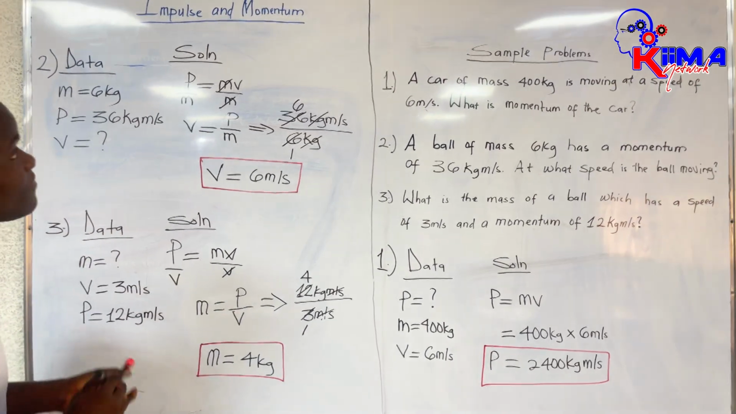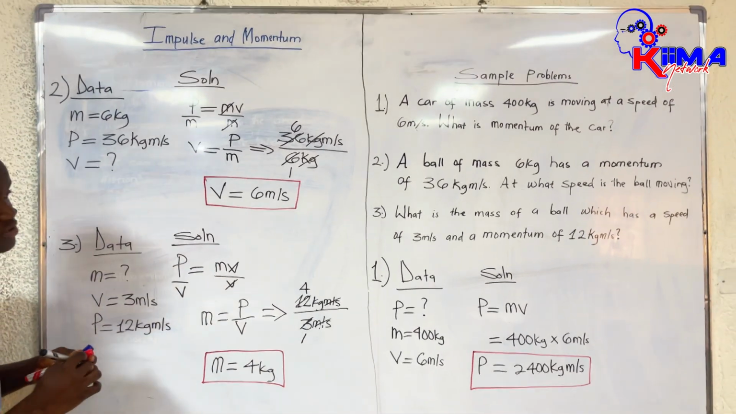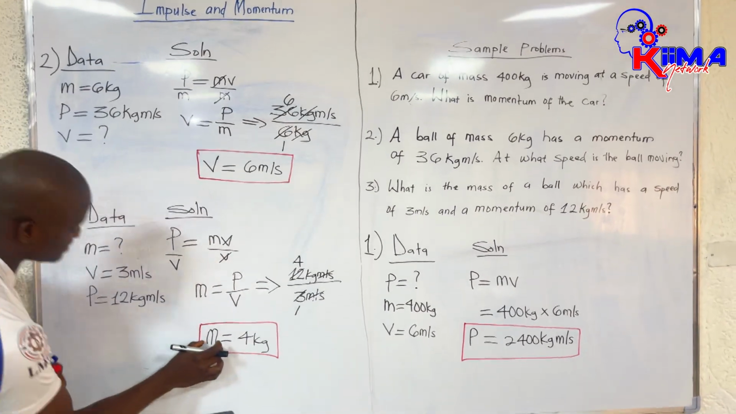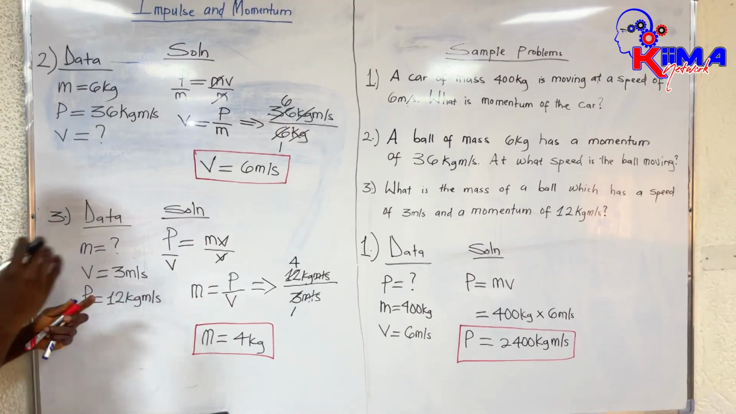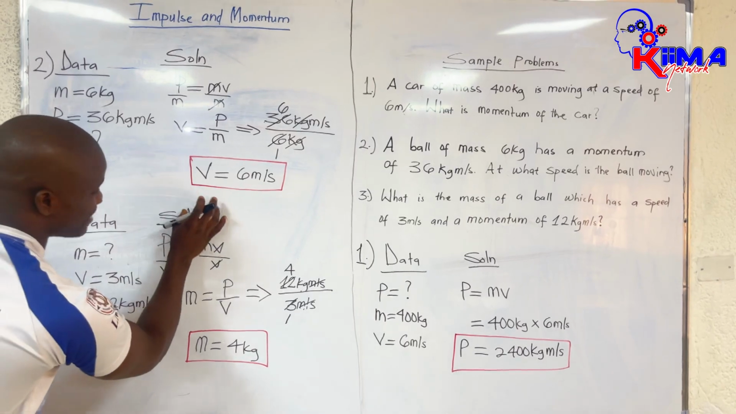Now remember, momentum is dependent on both mass and velocity. This is why you always multiply mass and velocity to get momentum. So thank you for